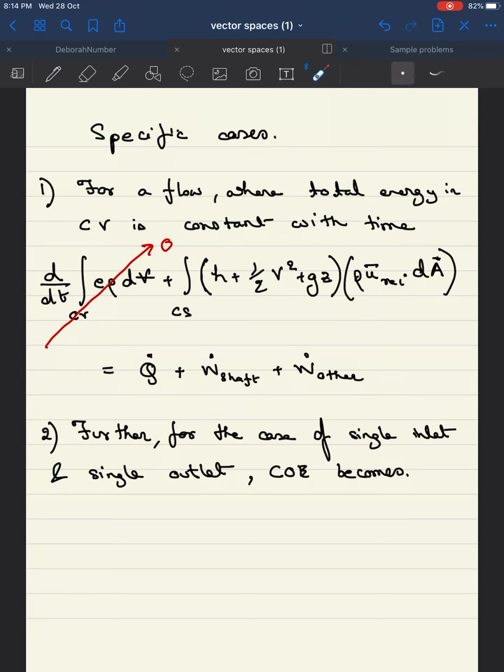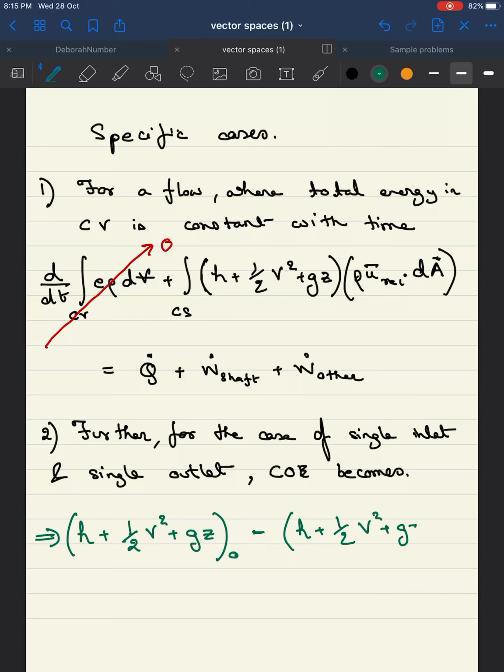So now, when I have to do this integration, all I have to do is evaluate this integral at the endpoints, which is basically the inlet and outlet. So what I can do is write this above equation as h plus half v square plus gz at the outlet minus h plus half v square plus gz at the inlet, equal to my q dot by,